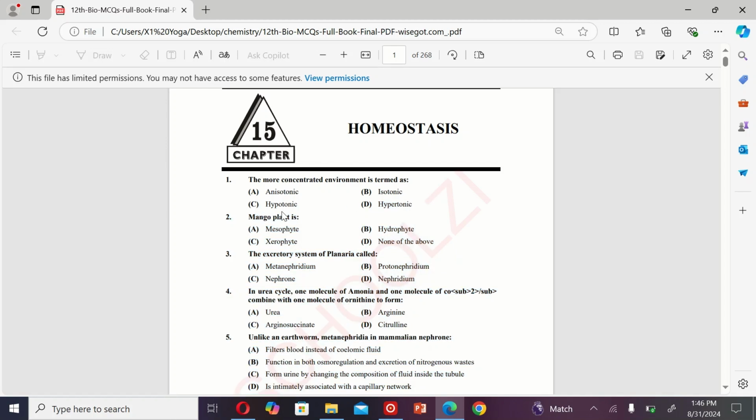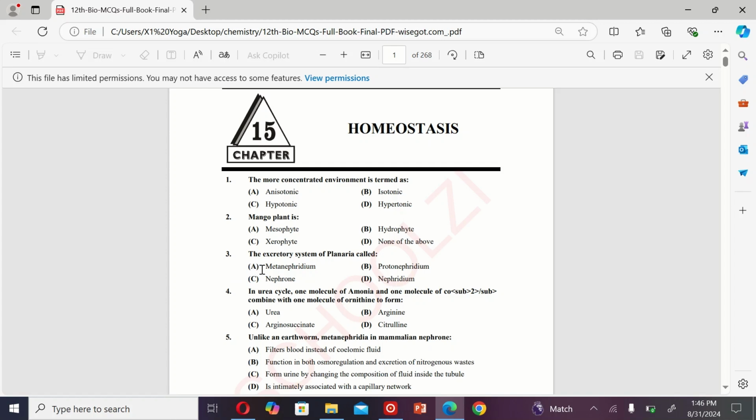The next MCQ is: mango plant is A. Mesophyte, B. Hydrophyte, C. Xerophyte, and D. None of the above. So the correct option is A, Mesophyte. The next MCQ is: the excretory system of planaria is called